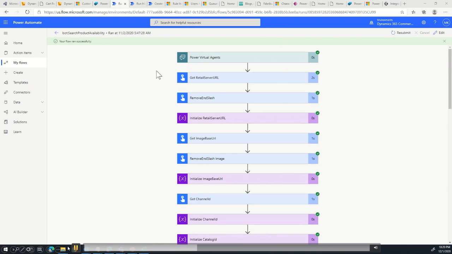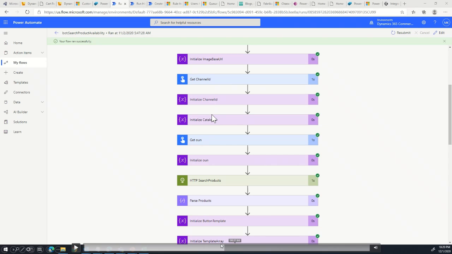Let's look quickly at how this particular one works. One of the first things is there's a pre-built trigger. This is a Power Virtual Agent node, and it has a set of inputs that you provide. And this is an example of how we are calling the headless commerce API or retail server API. Basically you get the input, and you get an environment variable for your UI environment with retail server URLs and everything. And then as I go further, you can see first we make a HTTP